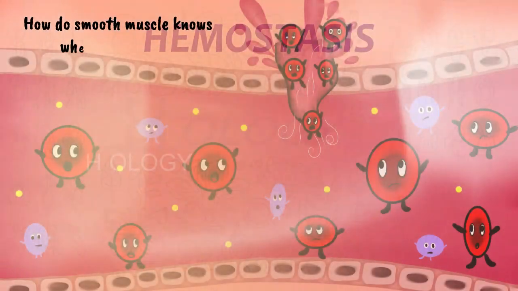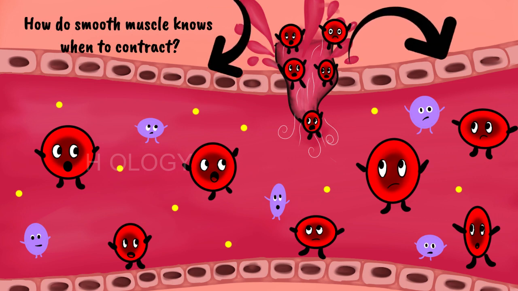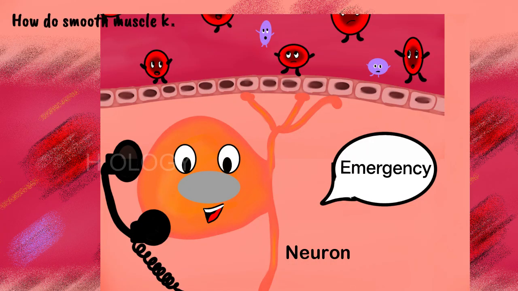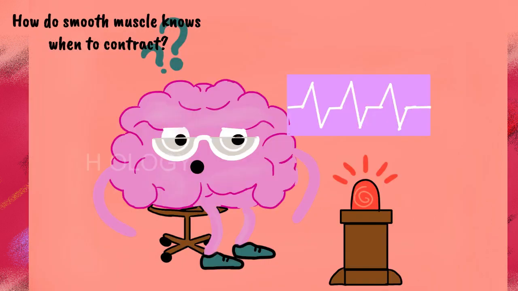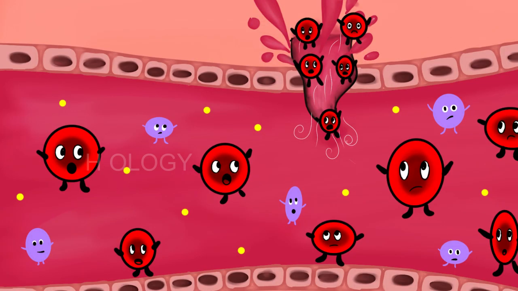How do smooth muscles know when to contract? Well, there are many ways. Firstly, cells around the injured area begin to secrete signals telling the smooth muscle to contract. Secondly, our own nerve reflexes will cause the smooth muscle to contract. This leads to vasoconstriction, narrowing of the blood vessels, which limits the blood flow to the injured area by blocking